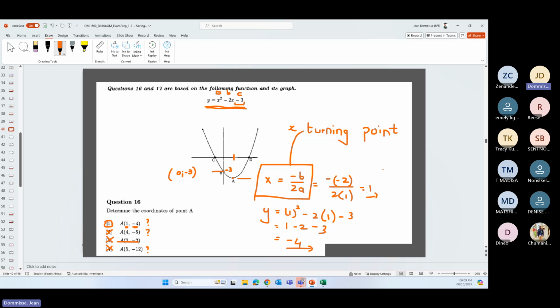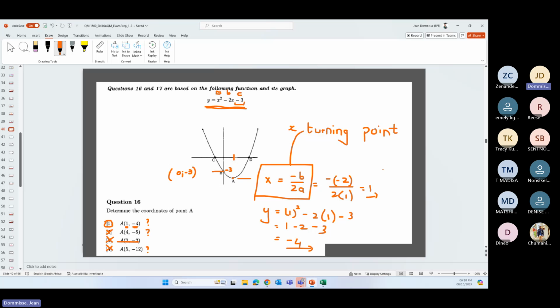Let me quickly check where that turning point formula is. I hope it is in there. So, turning point, page 159 in your study guide. So from page 159,